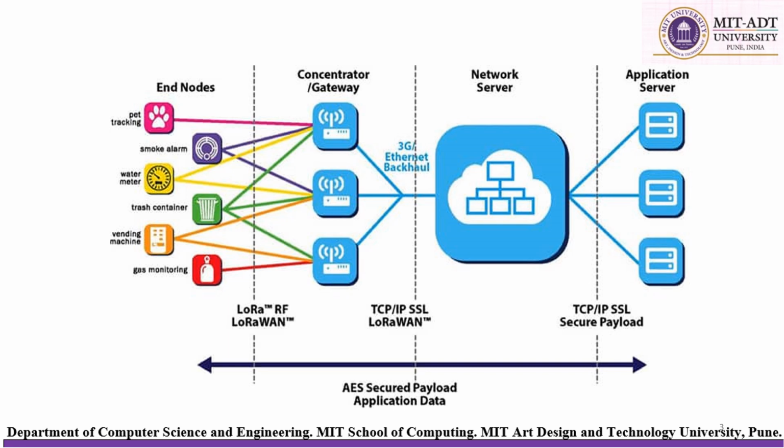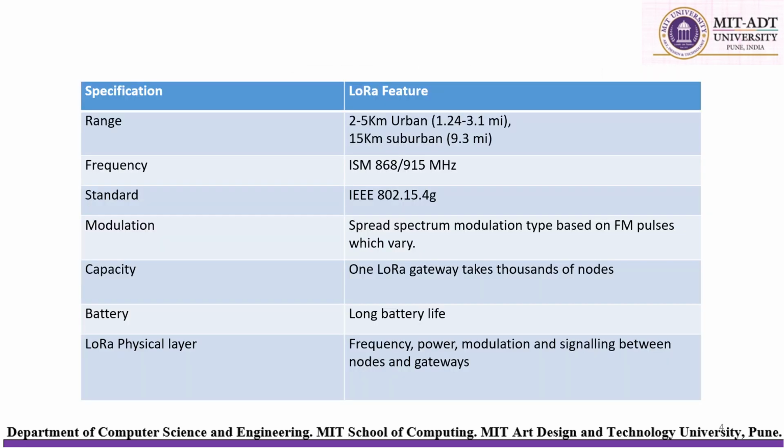If the network server has received multiple copies of the same message, it keeps a single copy and discards the others. This is called message deduplication. So this way it works. And lastly, the features of LoRa: the range is 2.2 to 5